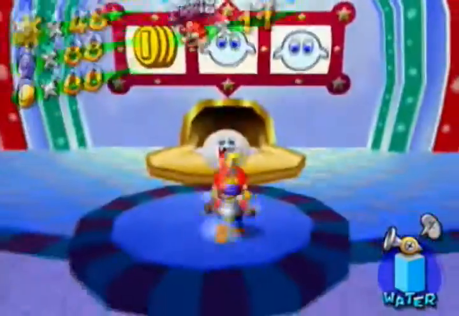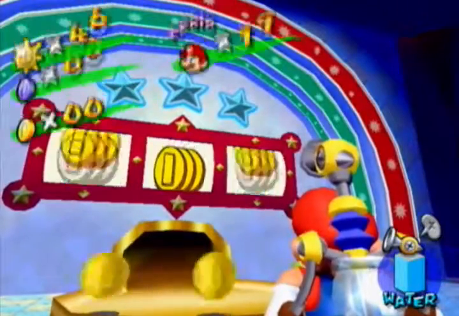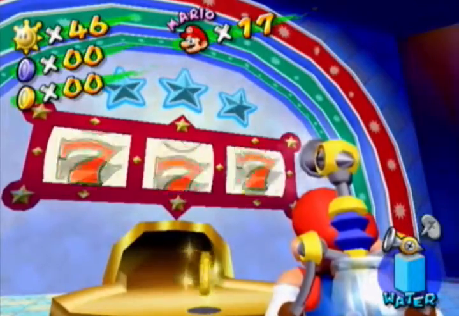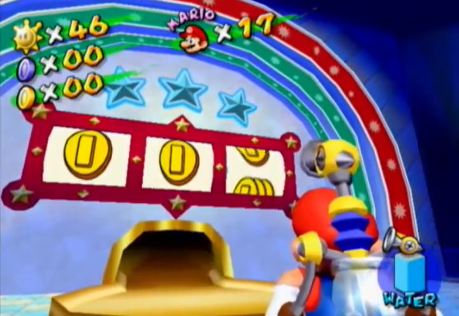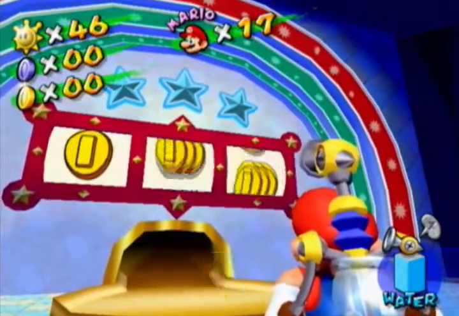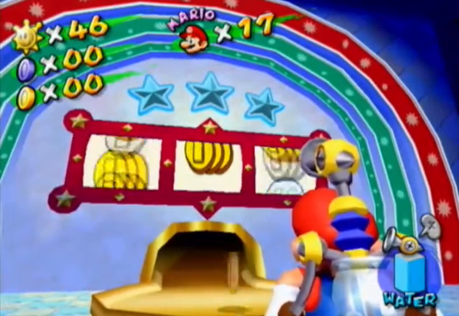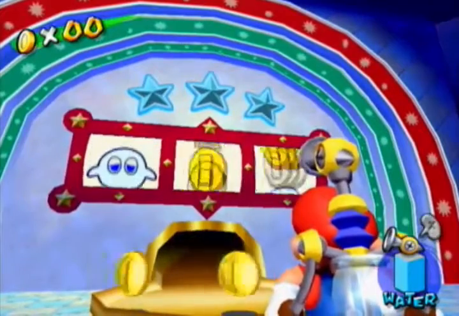Oh, look, a ghost. Let's jump on his head. Sometimes the slots will actually not match up at all. You won't get 3 sets of anything. On this one, it does happen. If that does happen, then you just don't get anything for it. You don't get an enemy, you don't have any coins, nothing. So, you just spin it again. I'm impatient! Hurry up! I'm really not that impatient, but...